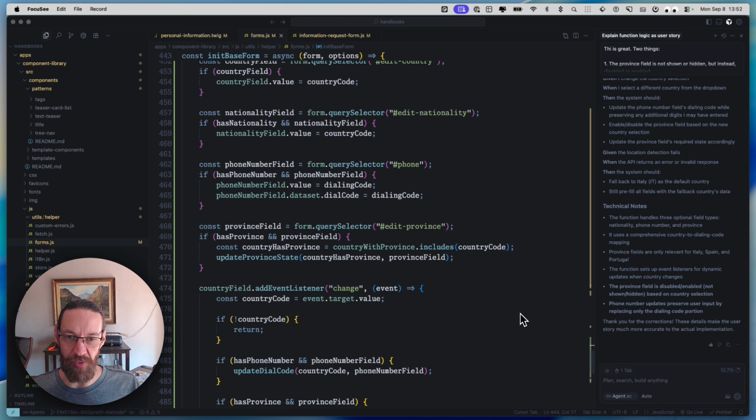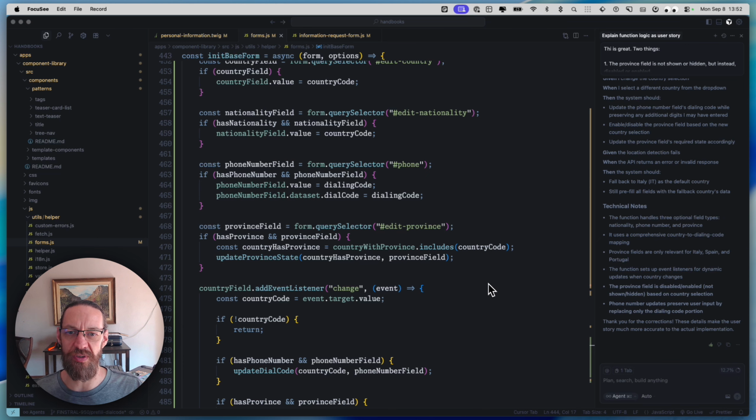So you'll write a little bit of code, you'll try it out in the UI, and you'll be like, oh, wait a minute, but what if this happens or that happens? What if the user chooses to change the country and then this needs to update, but what if they've already filled in something? Then what happens? And that kind of thing. So you start going back and forth with yourself and you update your code